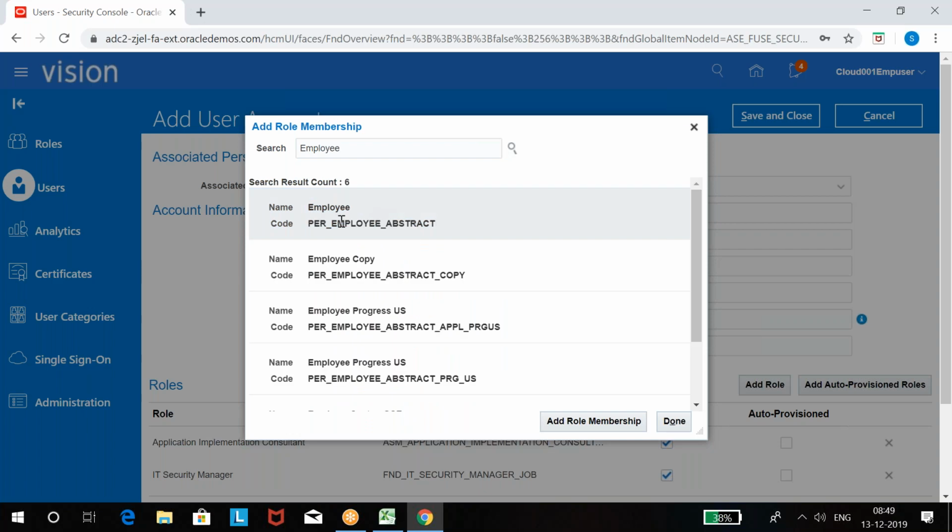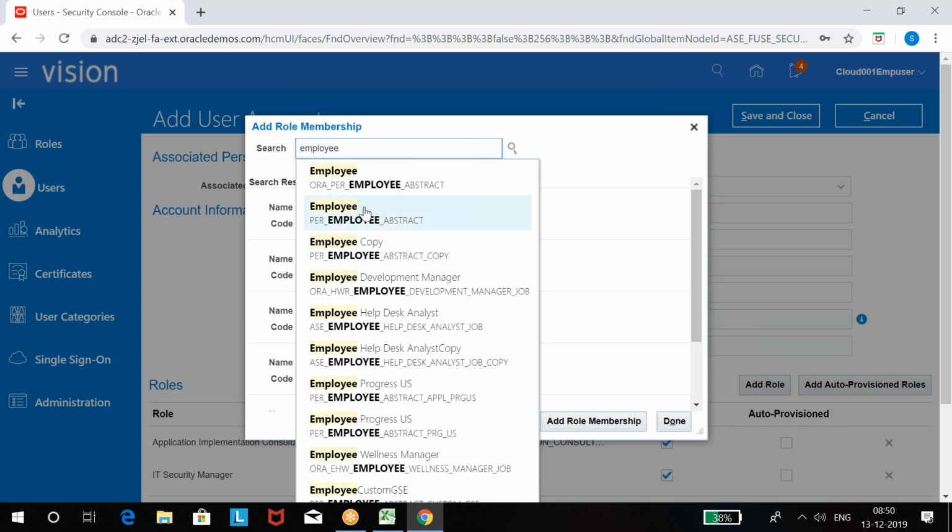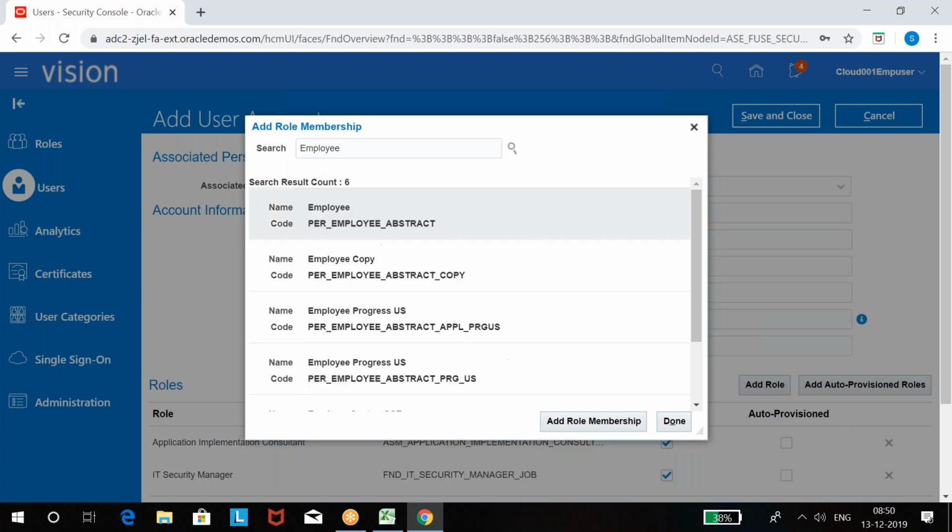See, my advice is do not select roles starting with ORA. Other than ORA, whatever starts with, you can select that. Now when I write the employee role name, I got one without ORA and one with ORA. Select without ORA because they are newly created. With ORA, they are the old ones. Some functions may not be available with ORA. So select without ORA, they are the latest ones.